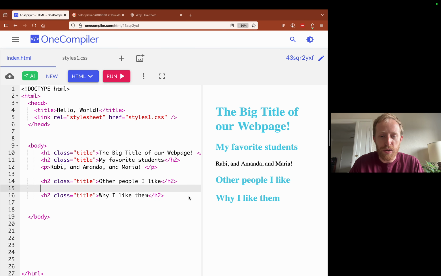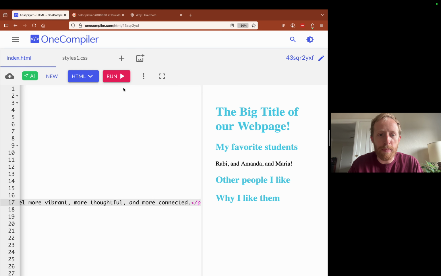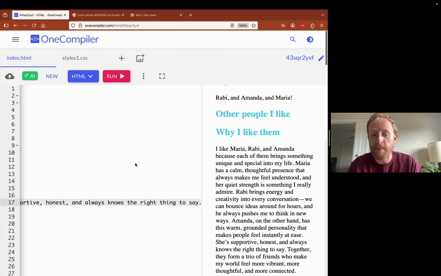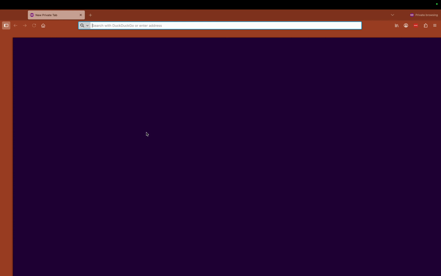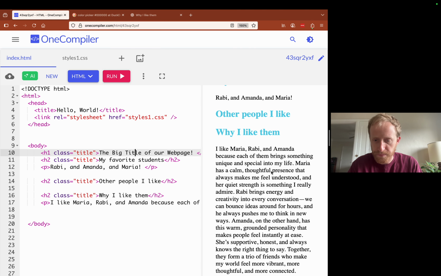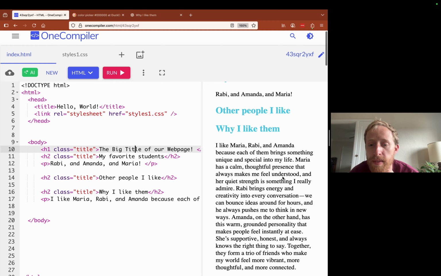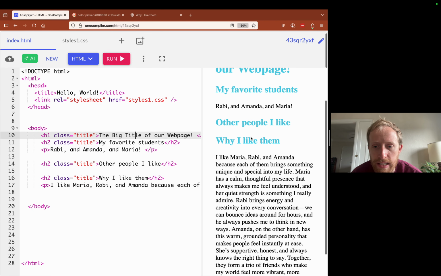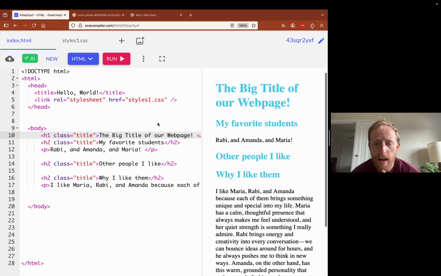We're doing this. So why I like them. So now I can put here, inside my paragraph tag, boom. Now we've got the paragraph that contains the information, and that's all in our paragraph tags. So I hope that makes sense. Okay. So that's kind of this information.